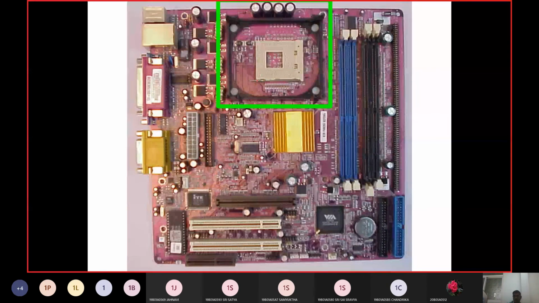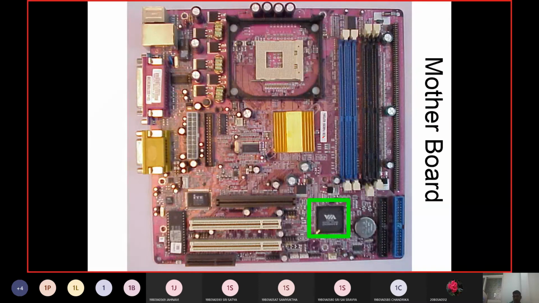This is the position where we are going to place the microprocessor, whose other name is CPU. This box we are going to call the north bridge, and the north bridge is going to connect the CPU and the memory. Then we have the other one, we call it the south bridge here, and this south bridge is going to connect the peripheral devices, the peripheral component interconnect, followed by floppy disks, followed by input output ports. So all this is associated with the south bridge.